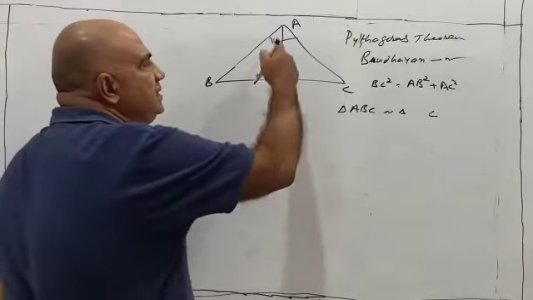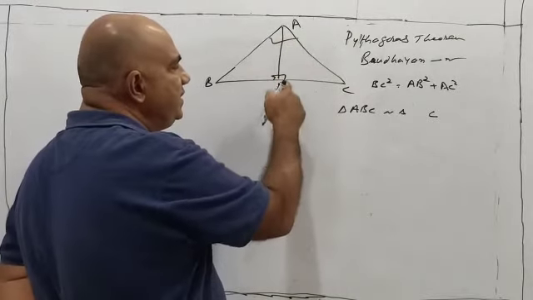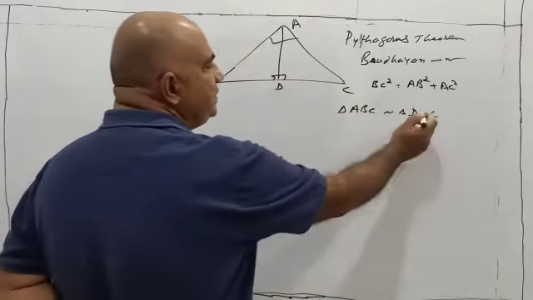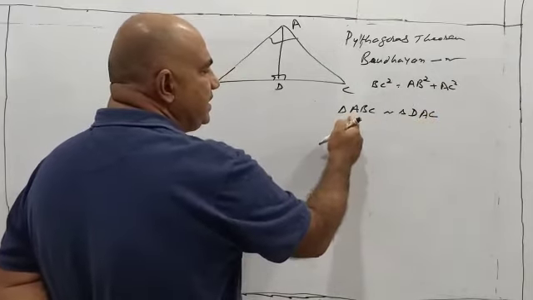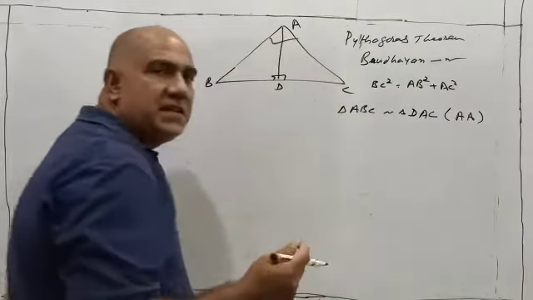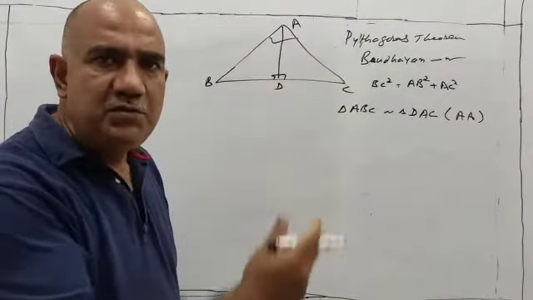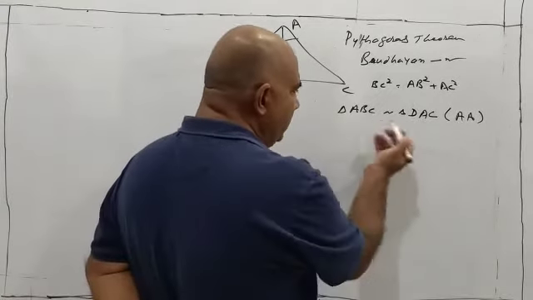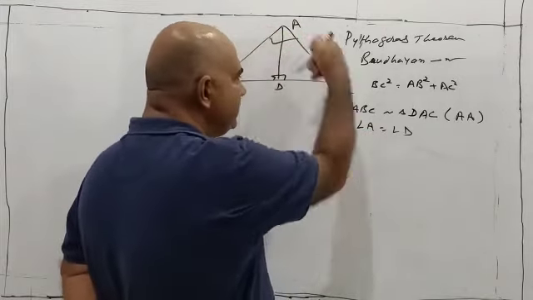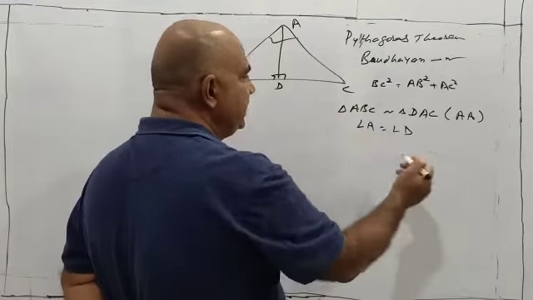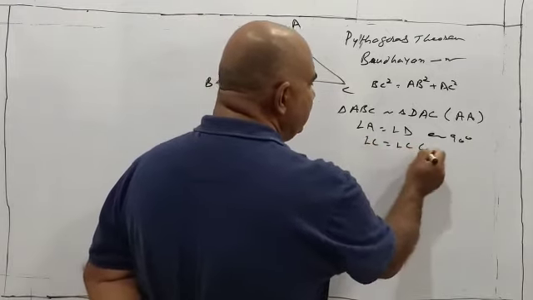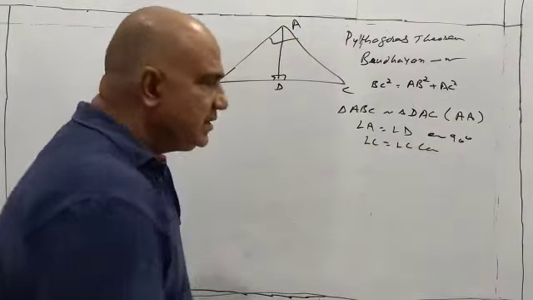Now I know that in triangle ABC we have seen angle A is 90 degree. In this it is D, and A is occupying first position. So D will occupy first position, and we are left with C, A. So this becomes triangle ABC is similar to triangle DAC, and the criteria here is AA similarity. In the previous class we have dealt at length, so we are not going to go much into detail. We are just using the result, and if at all you want to say, you can say angle A is equal to angle D. A in the whole triangle is 90 degree, and in the smaller triangle D is 90 degree. So each 90 degree you can write. Also you can write angle C is equal to angle C common. So by this AA similarity, these two triangles are similar.